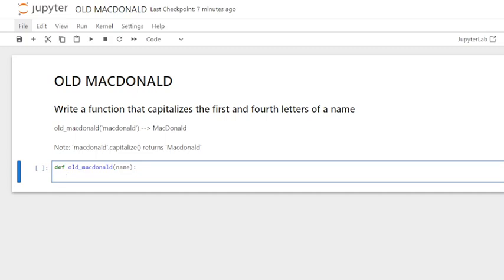Once you write the colon, that will give us the correct indent. Now we're going to ask for it to return us something. We don't need to say for, or if. We're just going to simply return it. It's going to be a simple exercise, and we want the name, because essentially what we're going to be doing is later on calling Old MacDonald and return a string for this name, and we want the code to return us that name. However, we want it to capitalize the first and the fourth letter. So